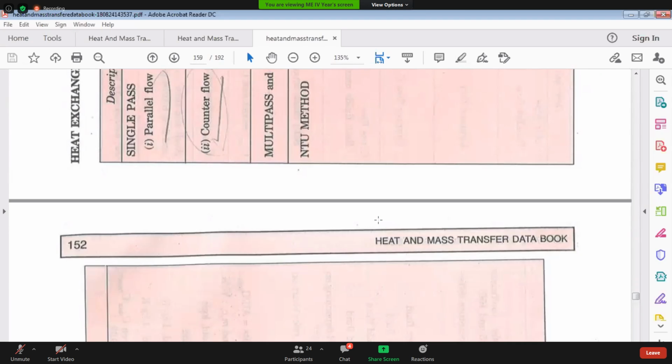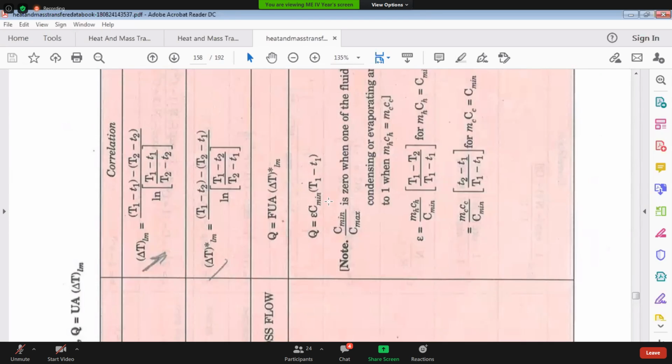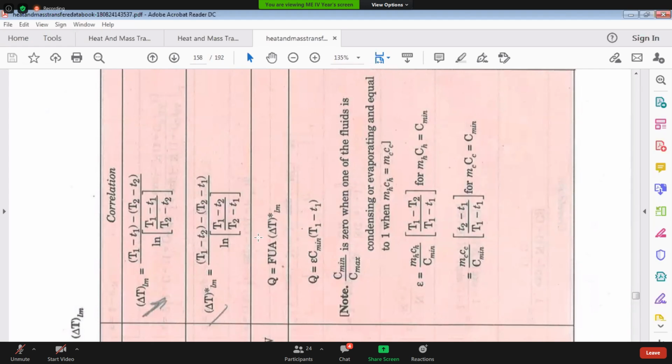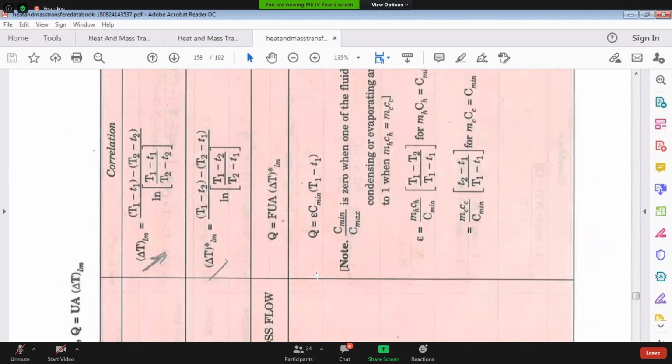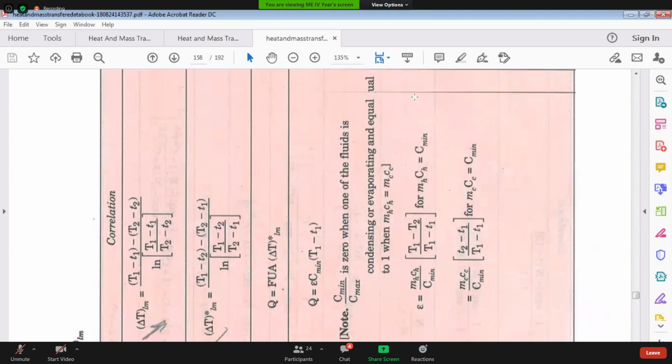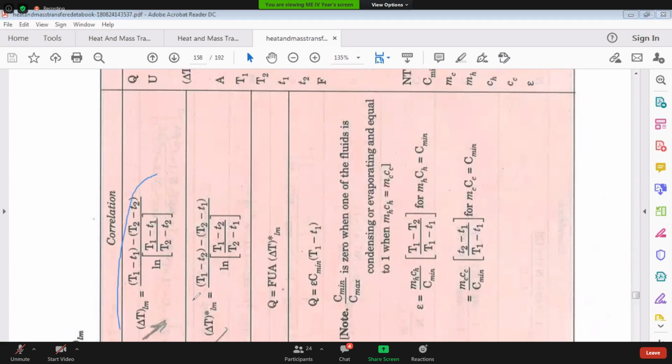See, on page number 151, it is placed horizontally. Don't worry, the correlation is given. Parallel flow and counter flow correlations are given, and the multi-pass and cross flow heat exchangers NTU method, right? So if I come to the correlations, see, he has used different terminology, LMTD for parallel flow, and for counter flow also it is the same, but